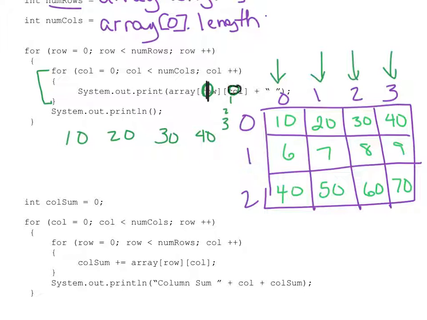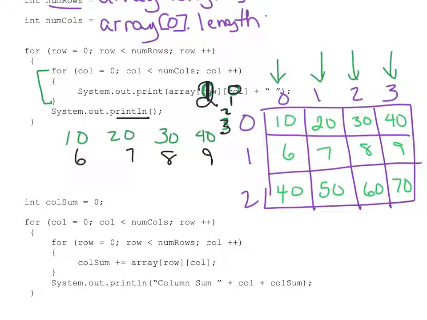And the columns is still going to go through 0, 1, 2, and 3. So now it's going to go from here, row is going to remain constant because I'm in here. And then it's going to go 6, 7, 8, 9, and it's going to output that. And then it changes, moves this down to the next line, this changes then to 2, and